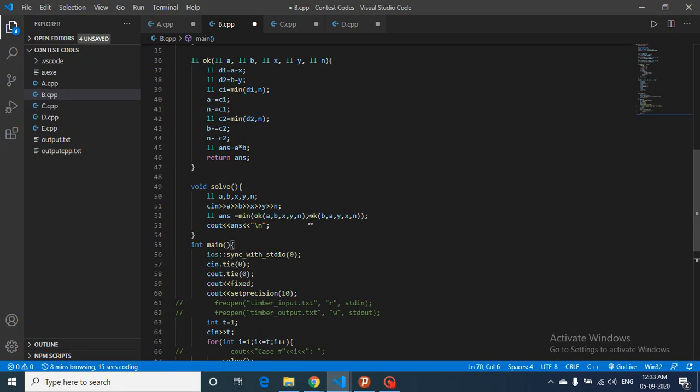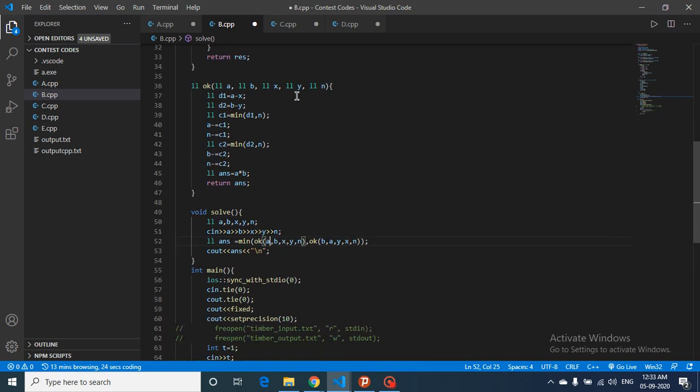So what does this mean? The first pair is a and x, and the second pair is b and y, and in this I have just reversed this. B and y is the pair and a and x is the pair, but the first pair is the one in which I will decrease, and the second pair is the one which I will decrease when the first pair gets exhausted. So that's what I've done, because I have to do both of the pairs. The first pair, I'm assuming that I am exhausting first and then the second pair. So that's why I've reversed these pairs.